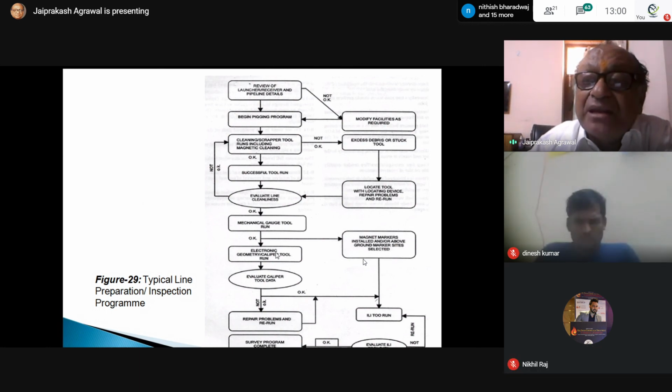Then you put the magnetic markers and run. Then again, after the magnetic markers are put, the ILI tool runs, and finally you evaluate the data and complete. So this is the process we have to follow.